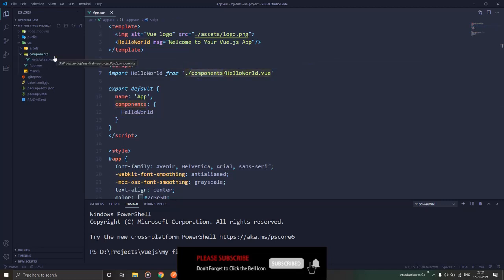A normal project structure would have a component folder containing all the child components that come up in your app component. So this is the hello world component, and this app component depends on the hello world component.